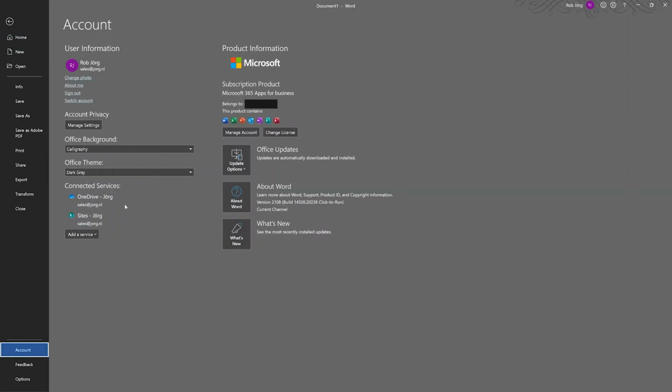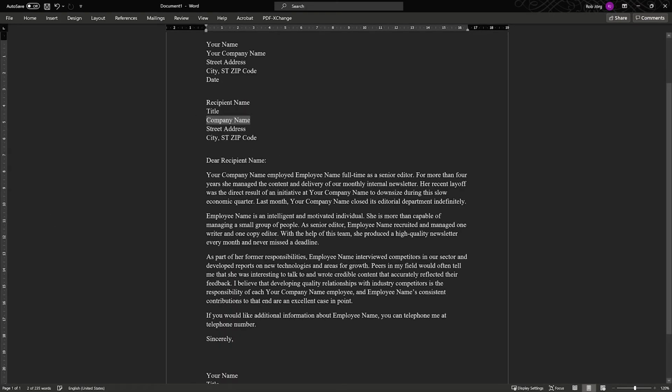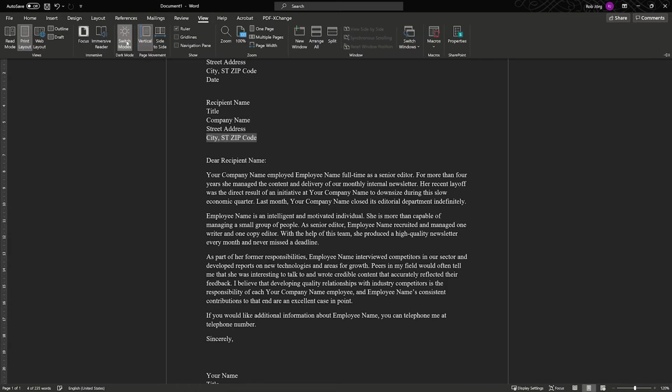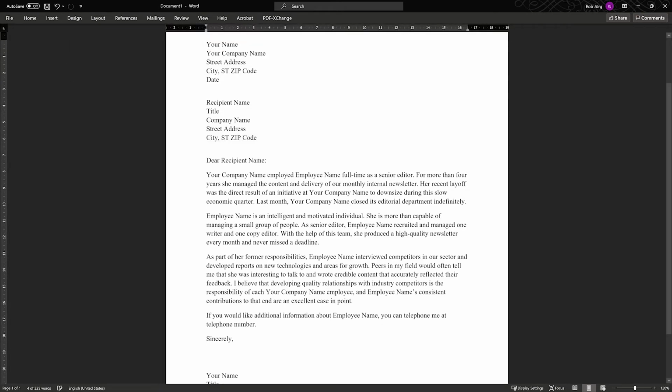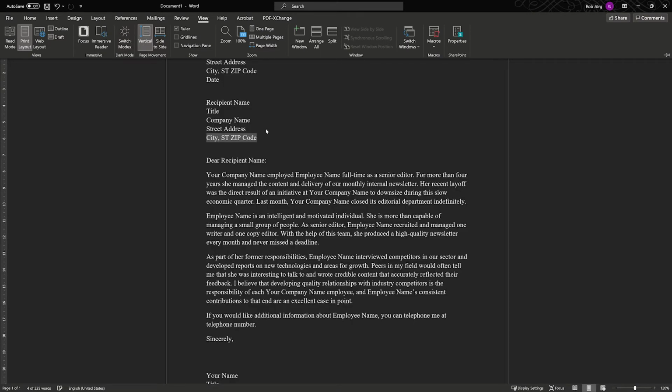Then we have the black one, and that looks a lot better. We now have white letters on a black background. Everything is dark, and that puts a lot less strain on your eyes. But if you want to switch it back to a white paper and black letters, you go to View, and over here you see Switch Modes, and I just did, and I do it again, and now it looks